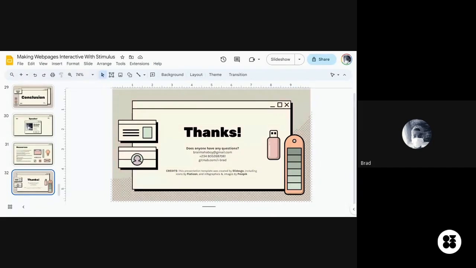So that's one place it shines: projects with a lot of events and a lot of interaction on your site. If it's just a basic blog or basic stuff, I won't advise you to use Stimulus. Just go with plain HTML and CSS. I think that answers your question, Sakasi.